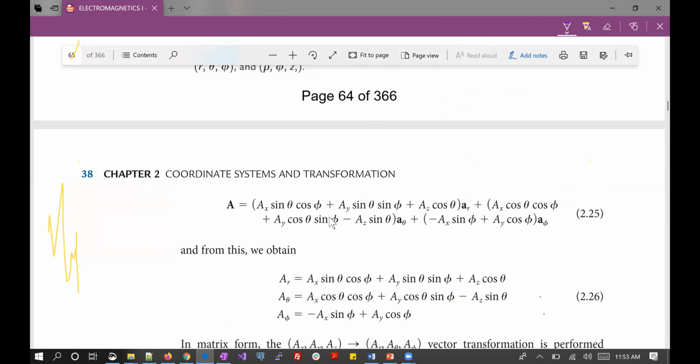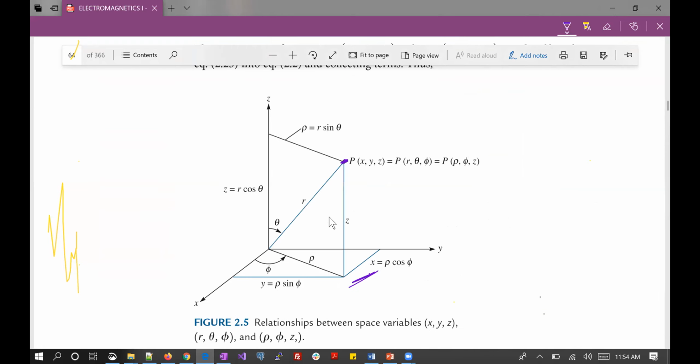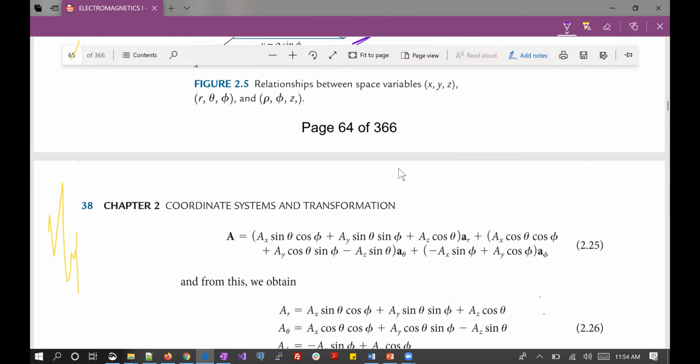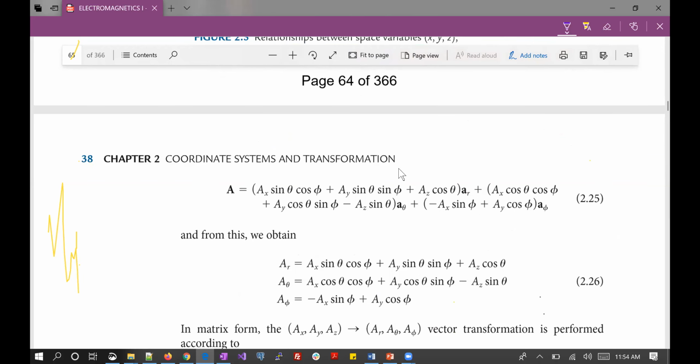So we are trying to find out how we can express. We have already done this. We have seen how we can express unit vectors in terms of the unit vectors of the spherical coordinates. And having done that, if we have a vector A, we can now replace, just the way we did, equation 2.2 that was explaining A is equal to